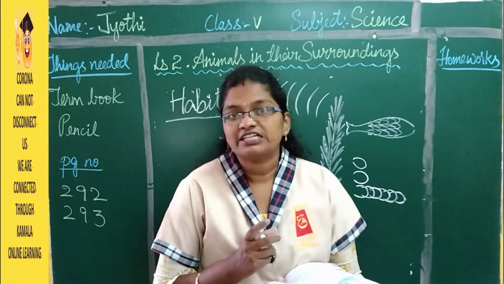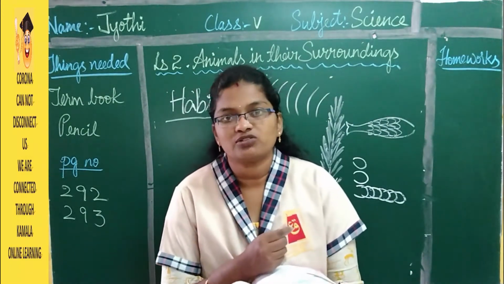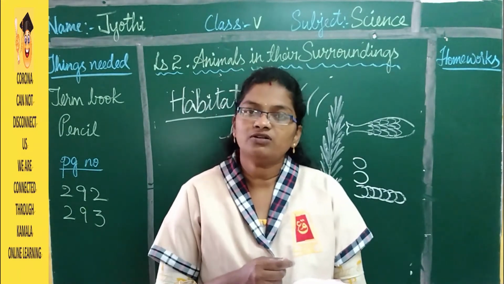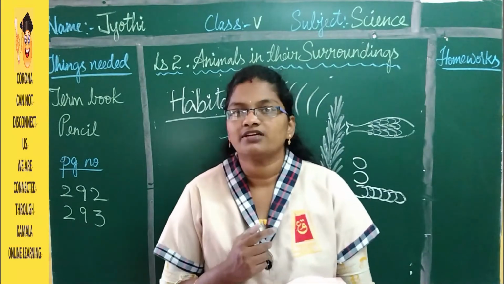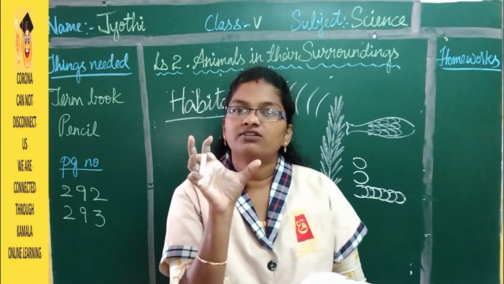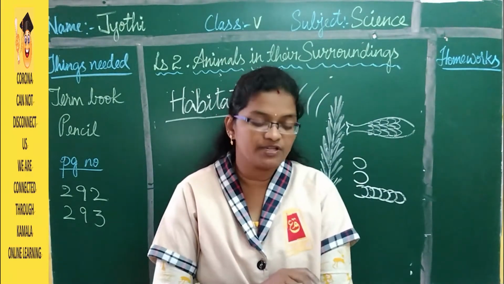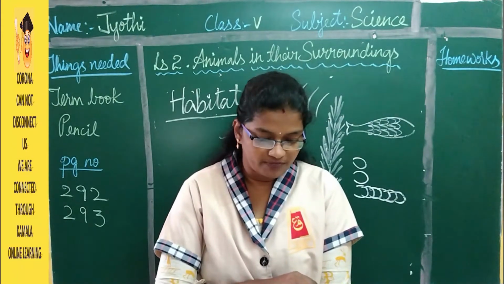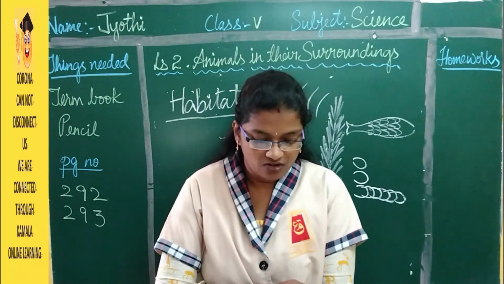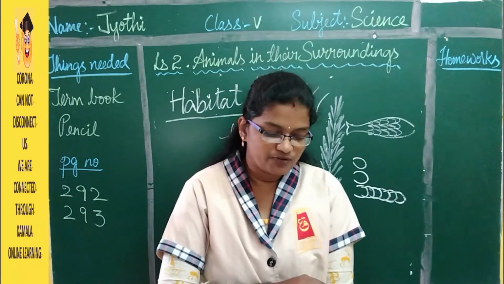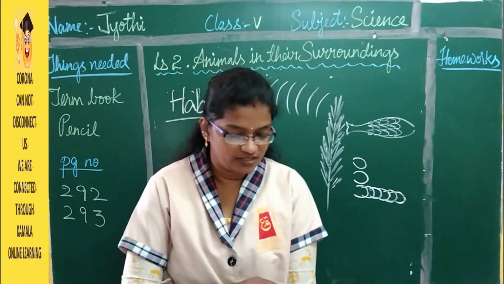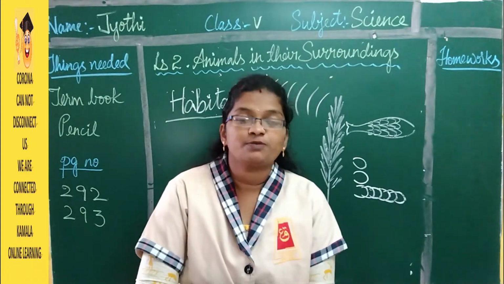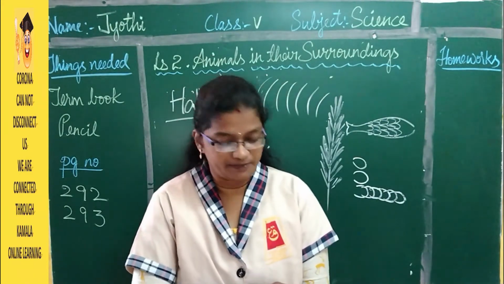Whenever winter season is there, we also wear woolen clothes like sweaters and all, right? So woolen clothes are going to protect us from the cold air and cool weather. Here they also have wool on their body which helps them to keep warm. The thick fur of a polar bear or an Arctic fox protects them from the extreme cold. Polar bears live in the cold areas, and the fur protects them from the snowfall.